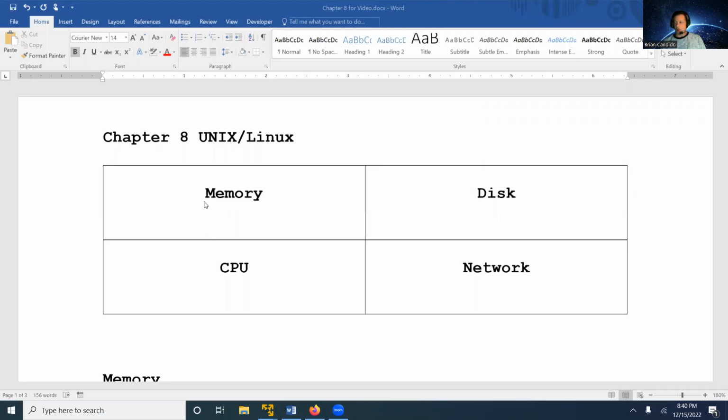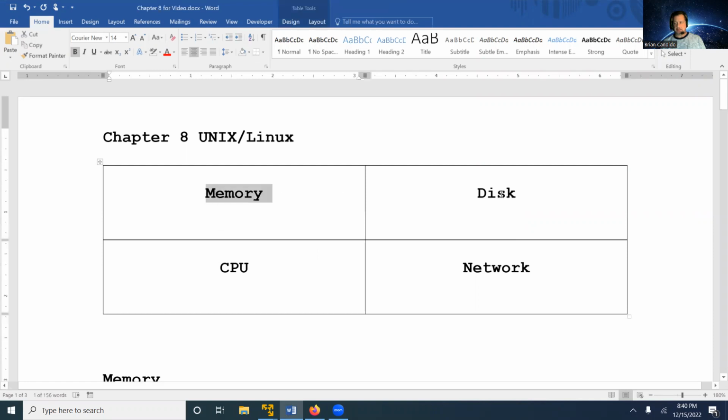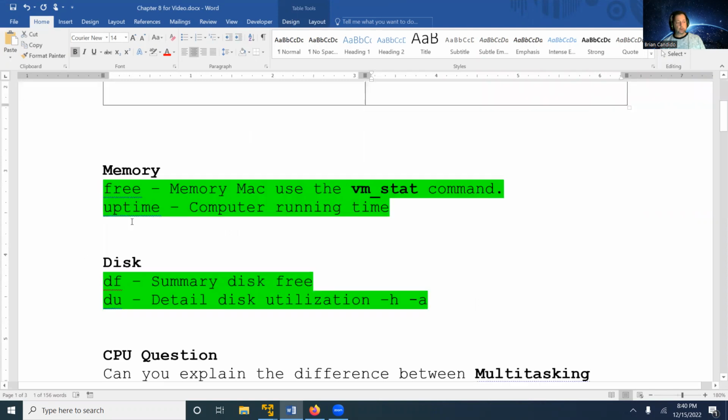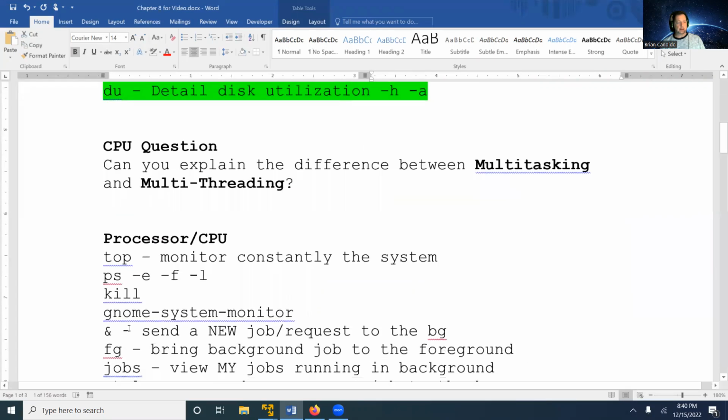And if you recall, the first video we dealt with memory and disk. Okay? And then we're going to work on CPU. And then another video, so CPU will be the second video for chapter 8. Third video will be networking, the dump command, and the graphical user interface. All right. So if you remember, we dealt with memory, free, uptime, DF, DU, and we're going to move on